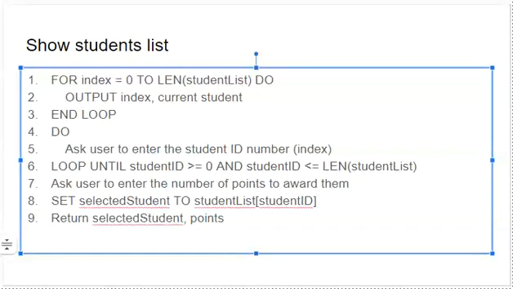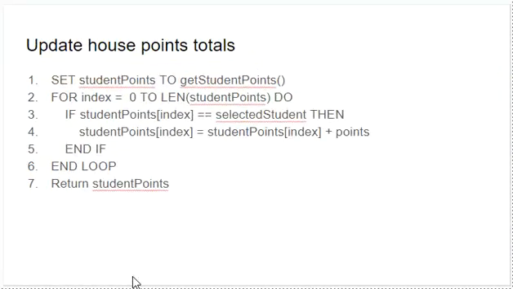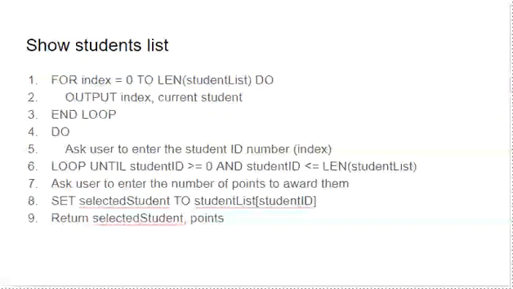Okay, one more to go. So this exemplar is actually to show you an error, okay? And this is why we do data flow and pseudocode together, because as you're expanding your program, you're probably going to want to go back and work on your data flow a little bit more. So in this instance here, we wanted to update our house points totals. Now you'll remember from the last